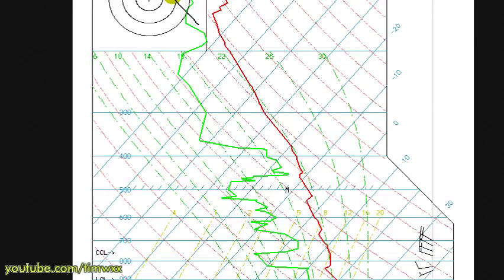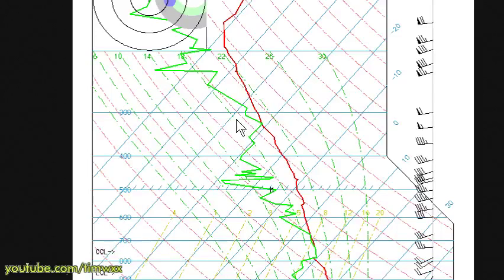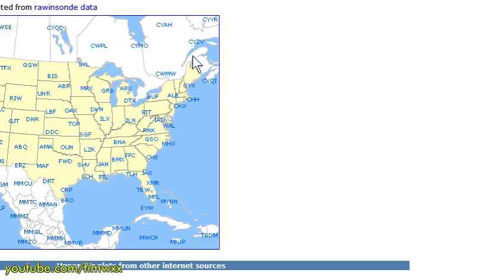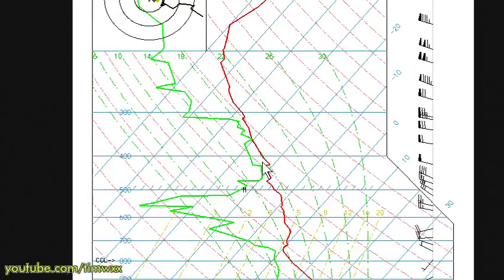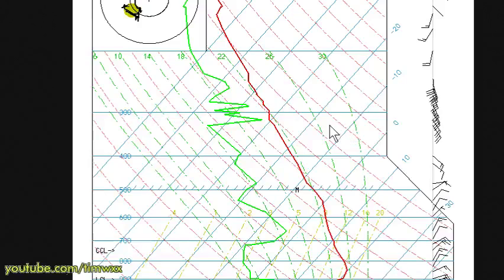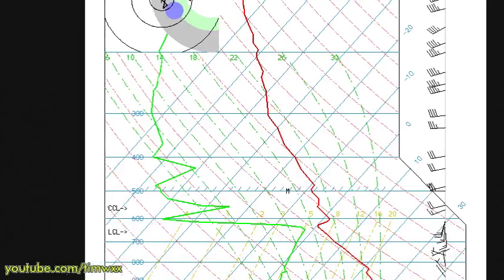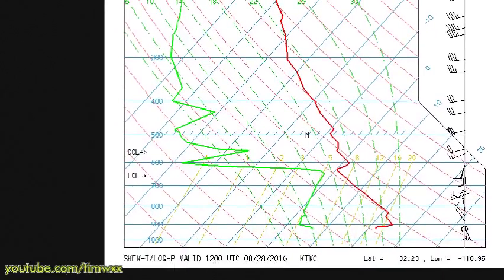This is 12Z data. That's probably a radiation inversion right there. I'm looking for a good textbook study case, and I'm not really finding one. Things tend to mix out pretty efficiently during the summer. And then as we go into the Southwest deserts, probably one of these,